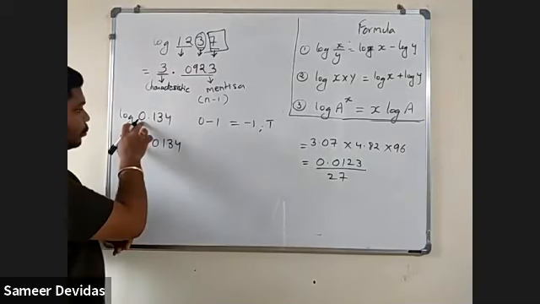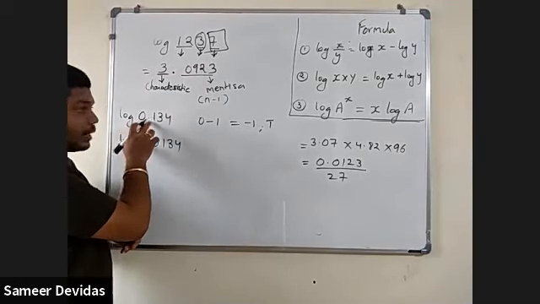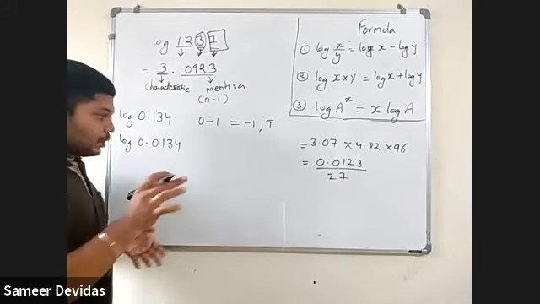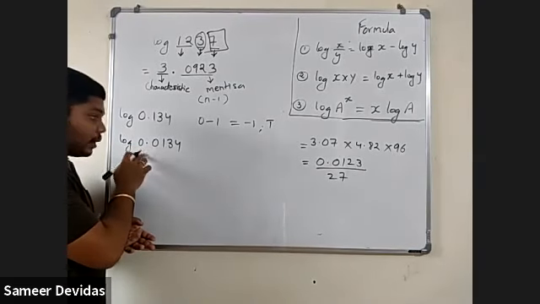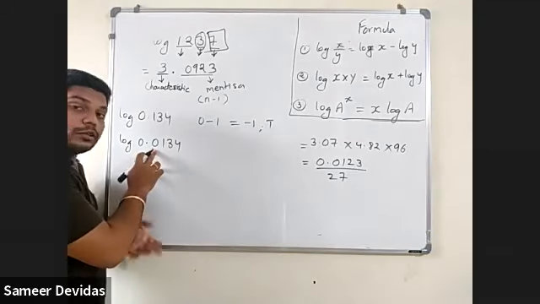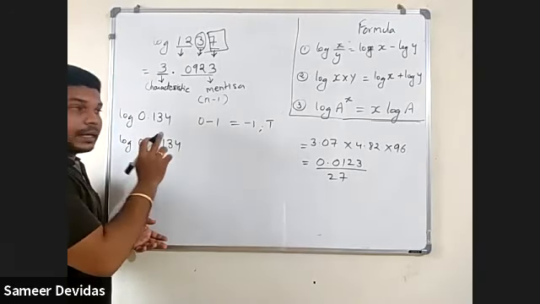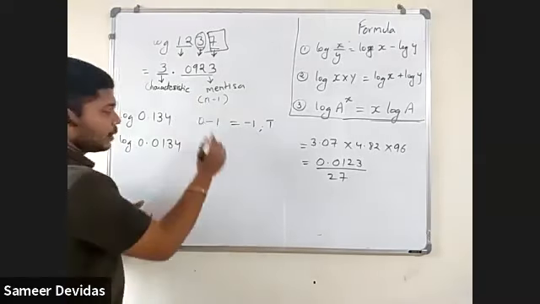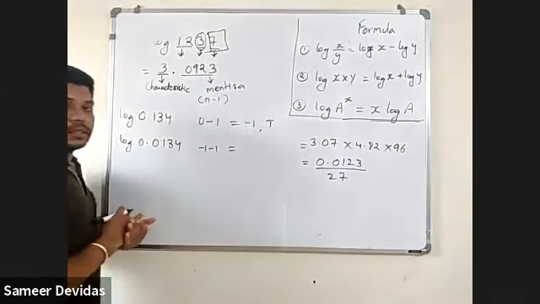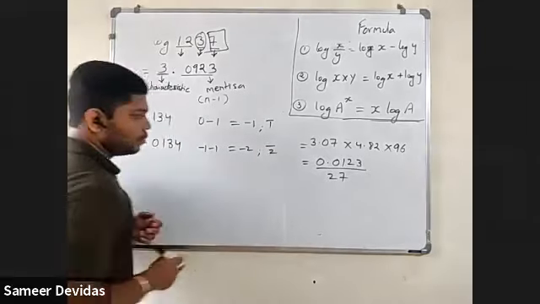Now here I have told you that when there is no number before the decimal, the answer is minus 1. This much is enough. So here also the same thing. There is no number before the decimal, but even after the decimal 0 is there. So that means in this case, n becomes minus 1, and again this minus 1. So your answer is what? Minus 2, or you can call it bar 2.